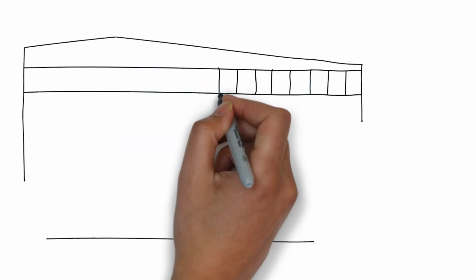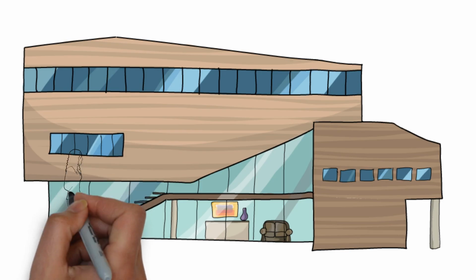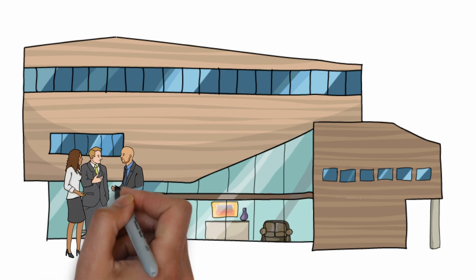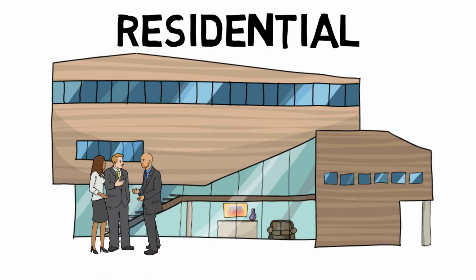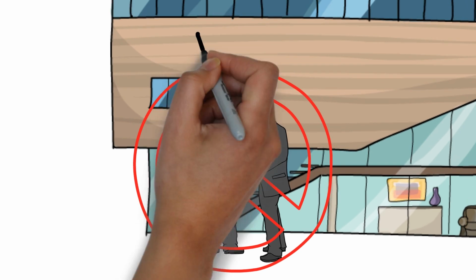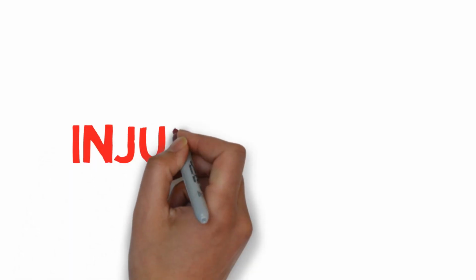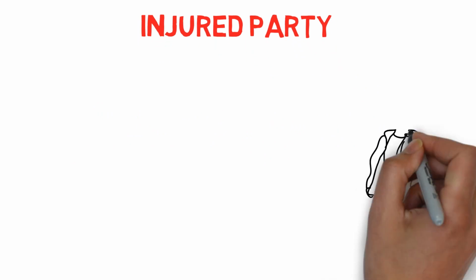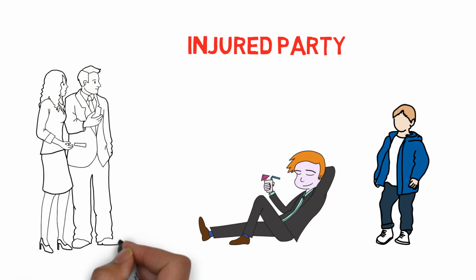So, for example, if a seller told a buyer that the property was zoned commercial, and after closing the buyer found out that it was actually zoned residential, that the seller had lied, then the buyer would be able to go back and try to void out the agreement due to the misrepresentation. The only one that can void out the agreement in these voidable contracts is the injured party. The injured party is always the minor or the person who was intoxicated or the person who was misrepresented.